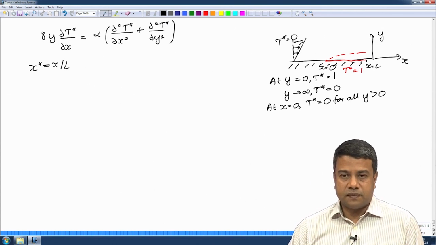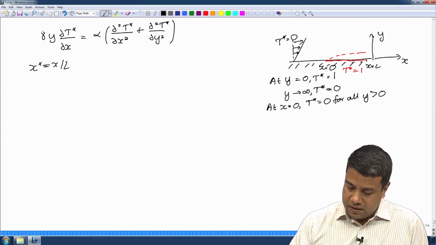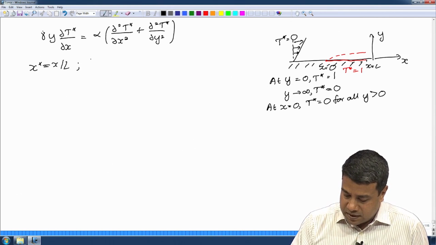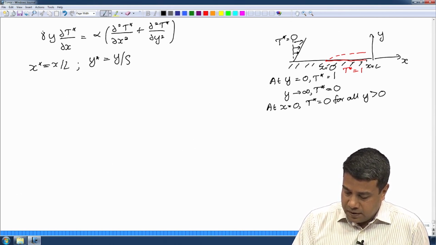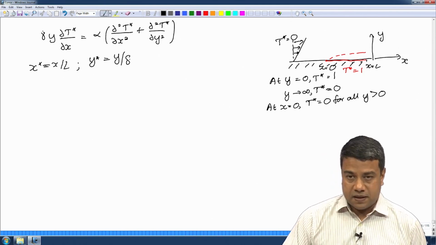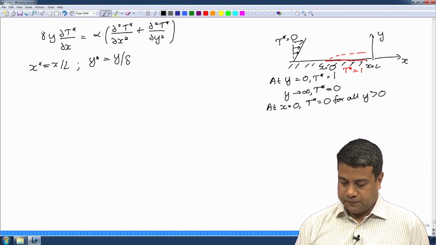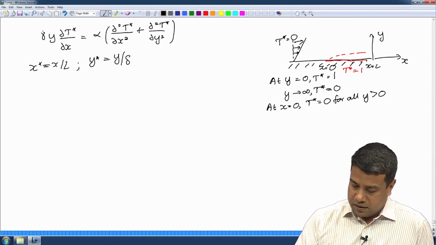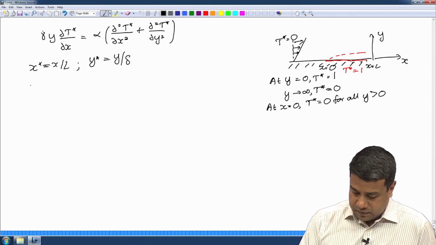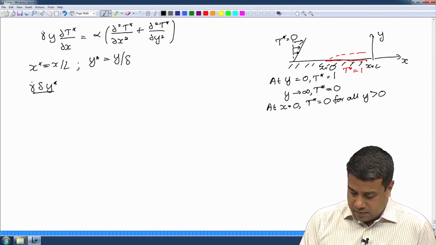But in the cross stream direction I should scale y by what is called a boundary layer thickness delta. And if I do that, the equation becomes gamma dot delta y star by L